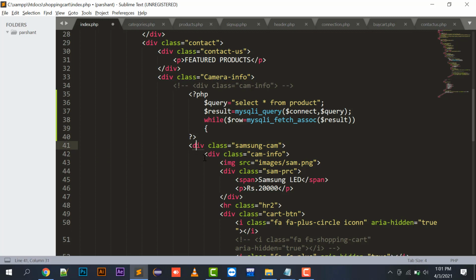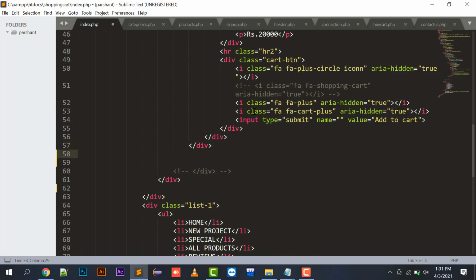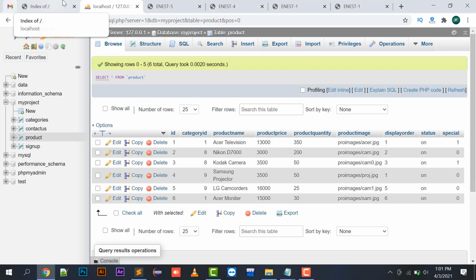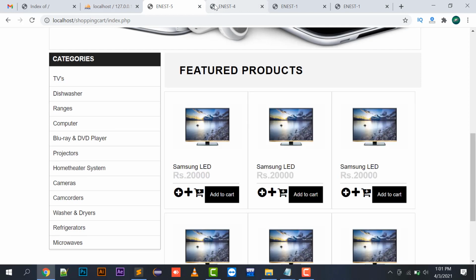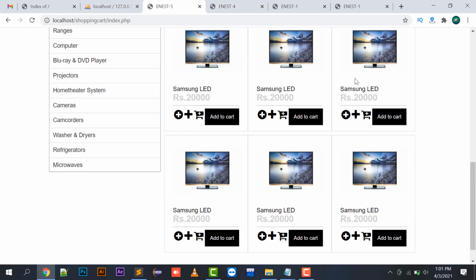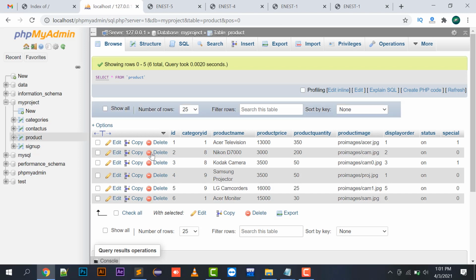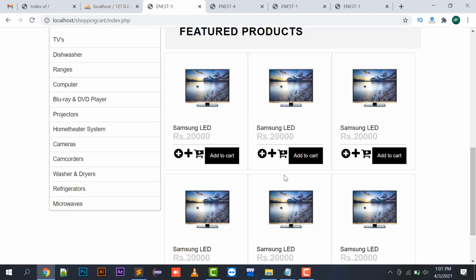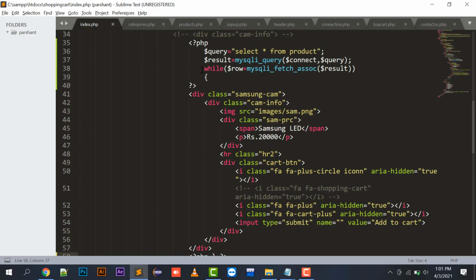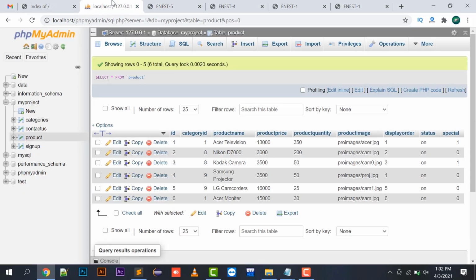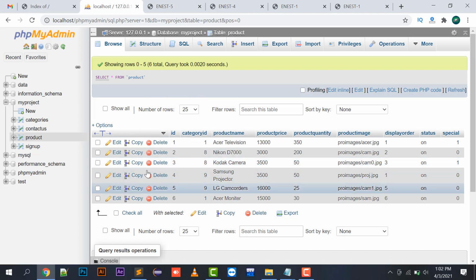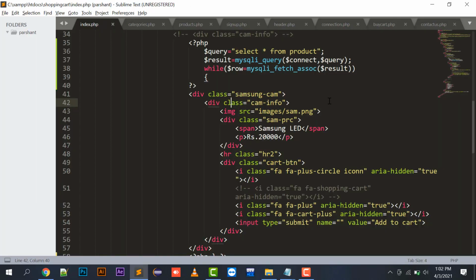I will put this division part in the loop. Fine, so let's refresh it. See, automatically your six products have been displayed. If I check my backend, we have six products, and the same six products are being displayed here. Why? Because the div is in between the loop. So the loop is running six times, and it will display the six products.